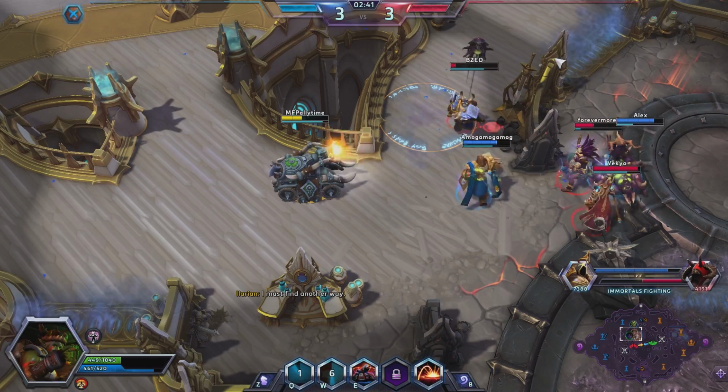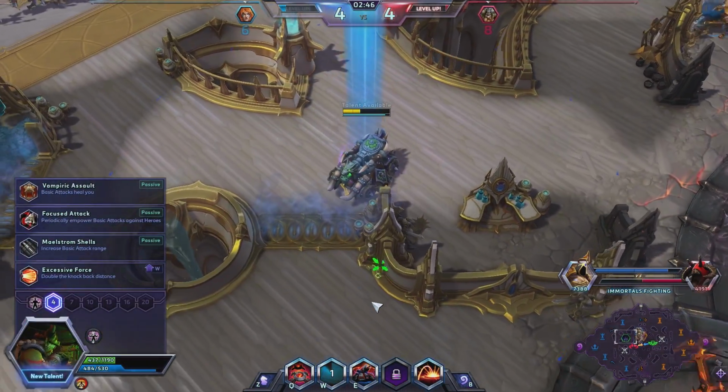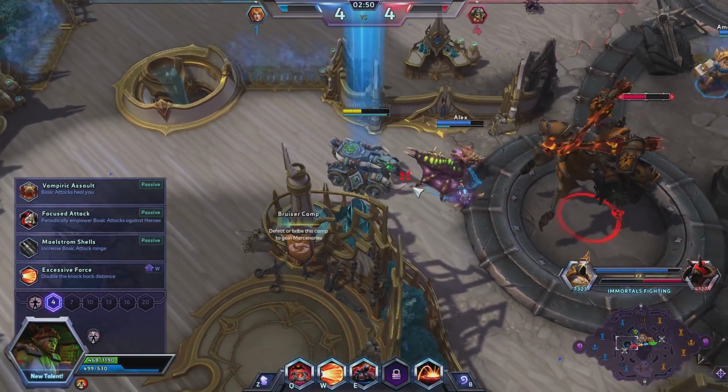I was trying to help our Sonya get away. We might be able to secure the kill. Thrall coming in is going to make that happen. At level 4, we are going to be going with...